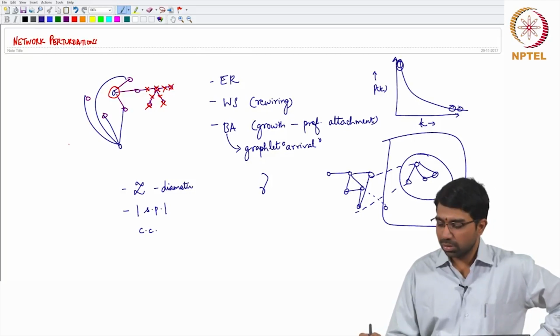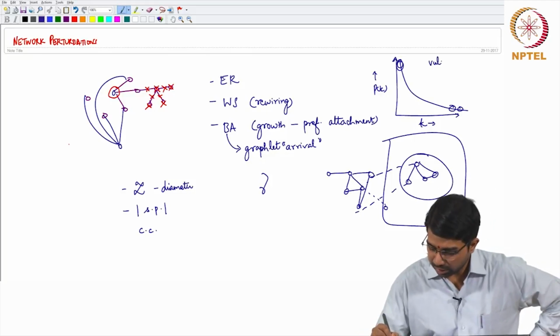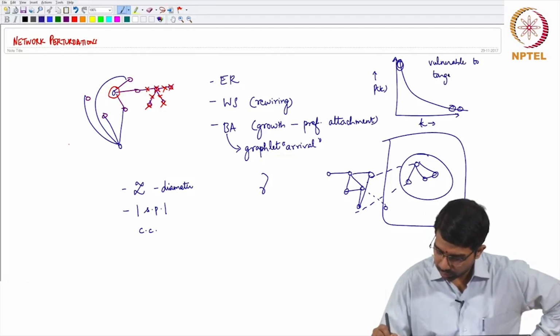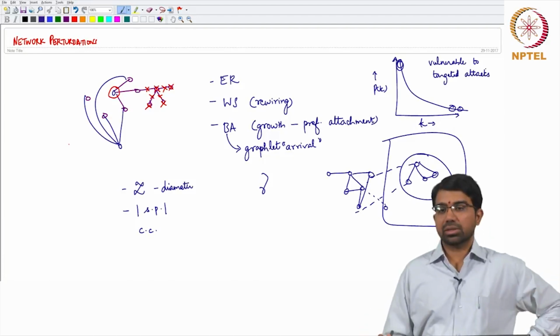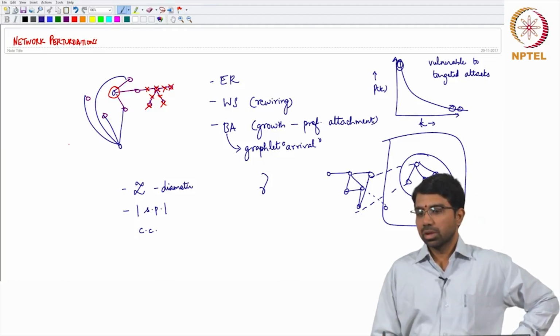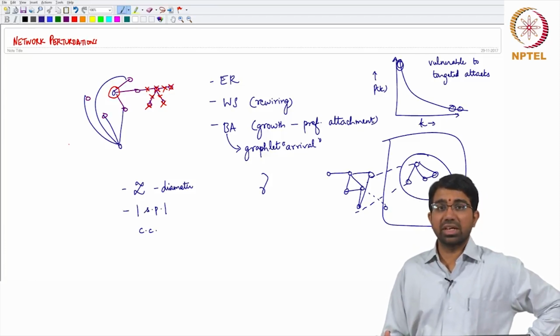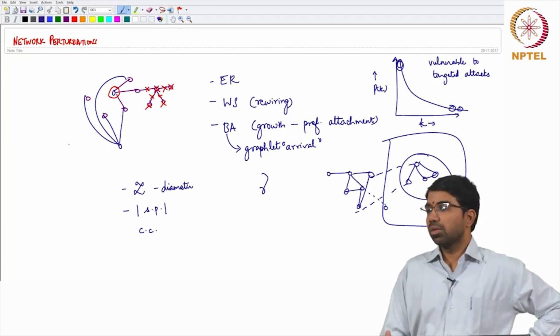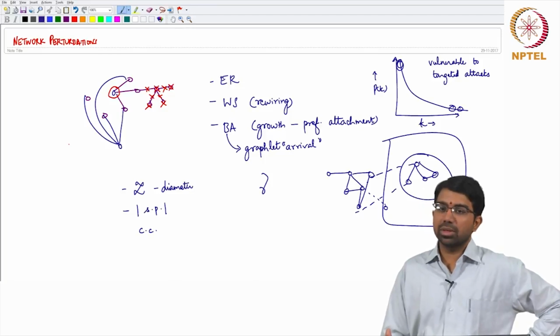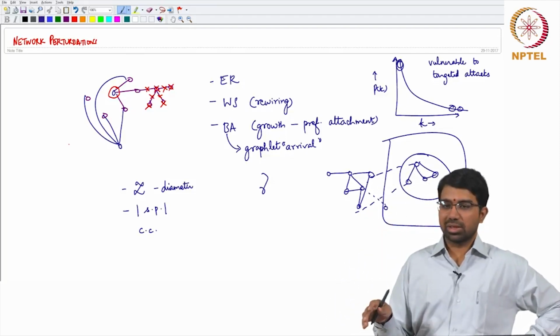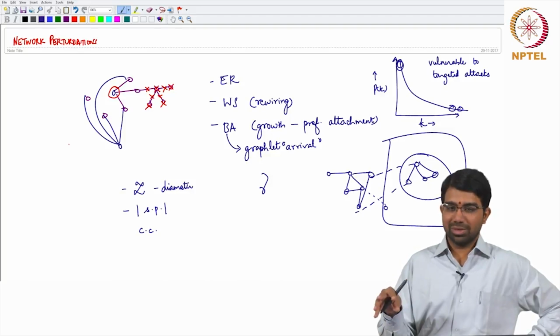So, Barabasi-Albert networks are vulnerable to targeted attacks. You need only to knock out a few hubs before you disrupt the entire network, whereas in a random network there is not much connectivity to begin with. So, when you start knocking out nodes, it slowly starts disintegrating, and the characteristic path length will slowly increase